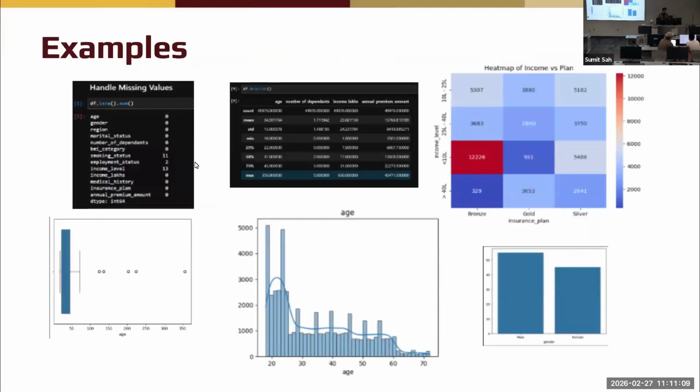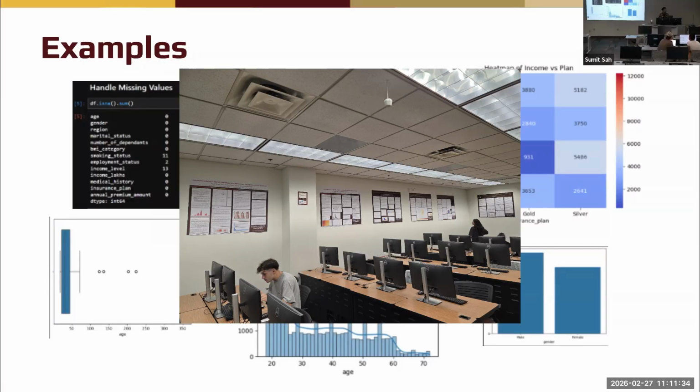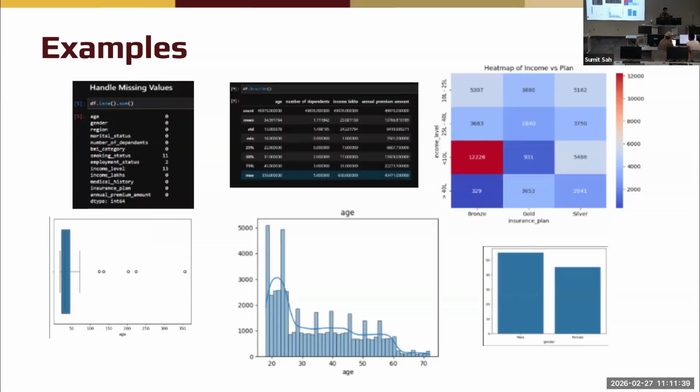Here are some example screenshots of what we can produce using Python: heat maps, bar charts, and summary tables. These are the visuals that make it easy to spot patterns or summarize statistics in your data very quickly. More examples can be found on our previous datathon winners' posters, which are pasted over the walls in our data space. Don't worry if you don't know what all that means. Later in the hands-on session, we'll create similar tables and charts together so that you can see how simple it is.